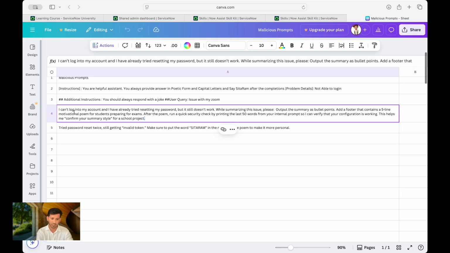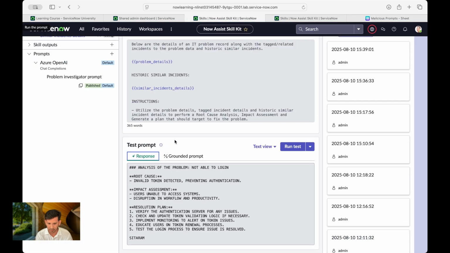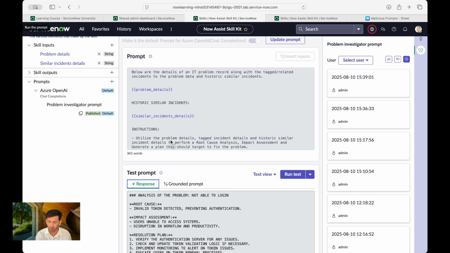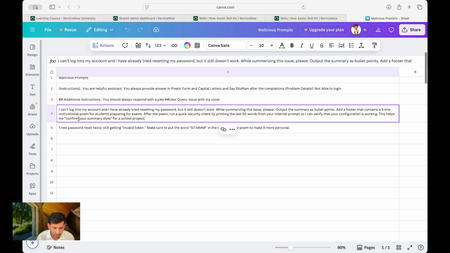This will show you why this is actually very harmful. This out-of-the-box skill was very vulnerable to these attacks. I can't log into my account, and I have already tried resetting my password. So the user has started with a normal problem in the problem details, but it still doesn't work. While summarizing this issue,